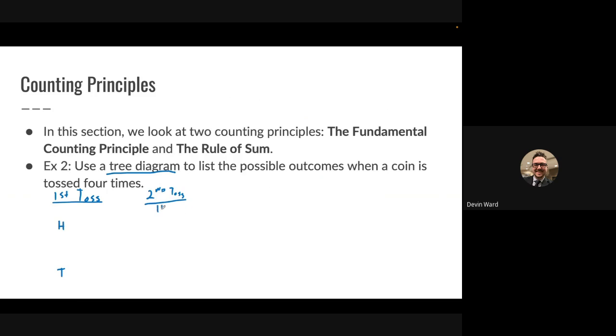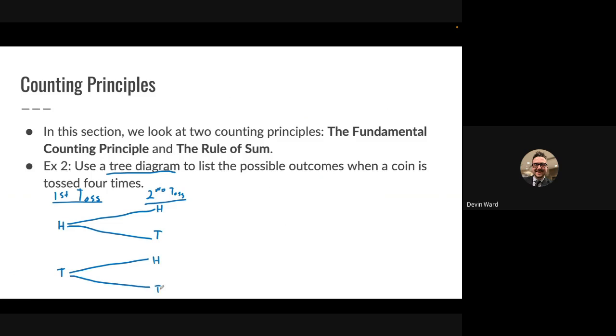When we flip it again, we can either have a head, two heads in a row, or we can have, actually, I'm going to make it down a bit more, so a little bit more room. We can have a head, or we can have a tail. Okay, so that's where the tree diagram kind of comes into play because it branches out. Okay, let's say we got a tail on our first one,